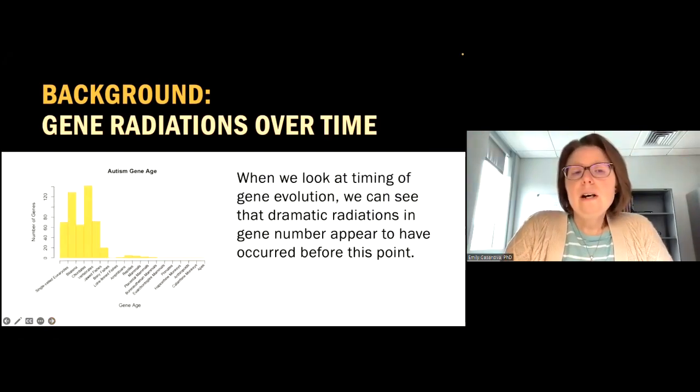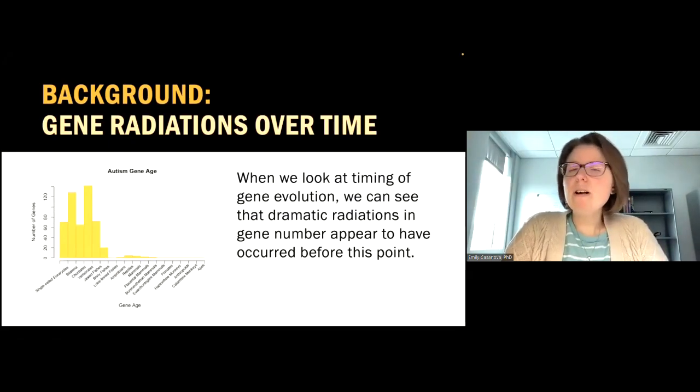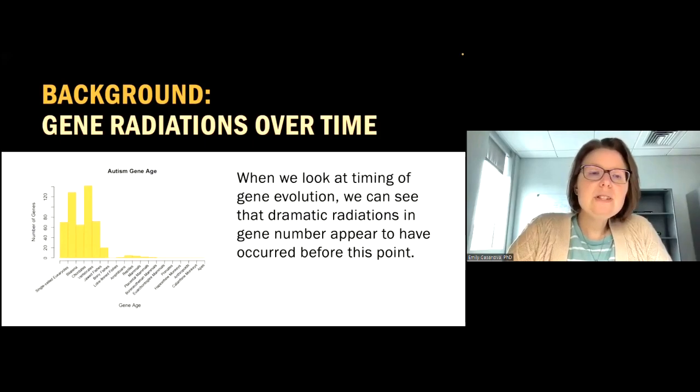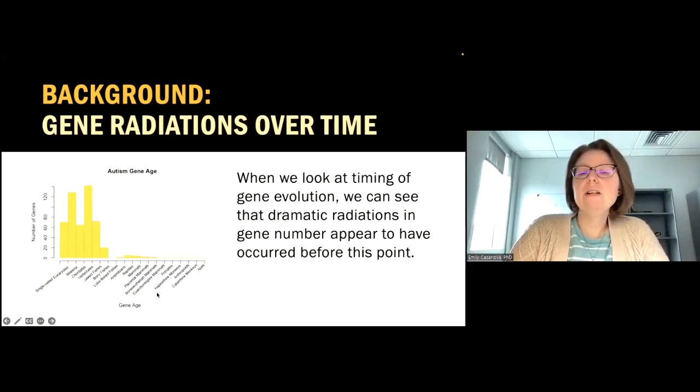And so I've got this little histogram here, and it's arranged in chronological order. So the oldest period is towards the left, and then the newer clades of animals, the younger clades of animals, such as the apes, are towards the right. And you can see that the numbers of genes that are evolving over this time, we get a big burst early on, up until the point of around the bony fishes down here,